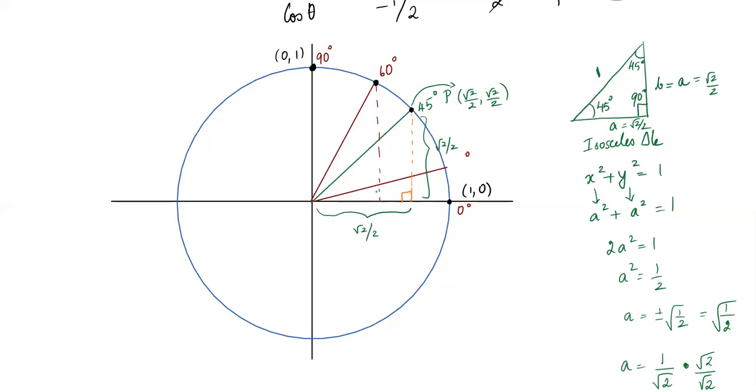Okay, so let me take the 60 degrees. It looks like this. So there's a 90-degree mark, and this is 60 degrees. If this is 90 degrees and this is 60 degrees, this must be 30 degrees, right? But if you actually understand the geometry behind this, this is actually half of an equilateral triangle, where an equilateral